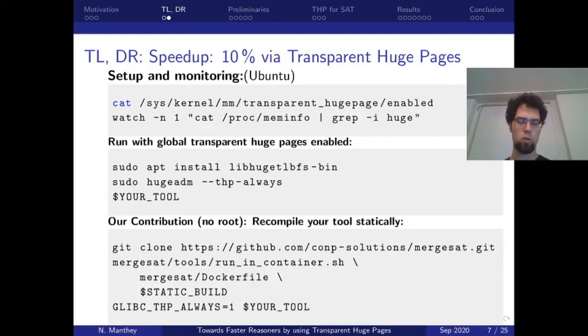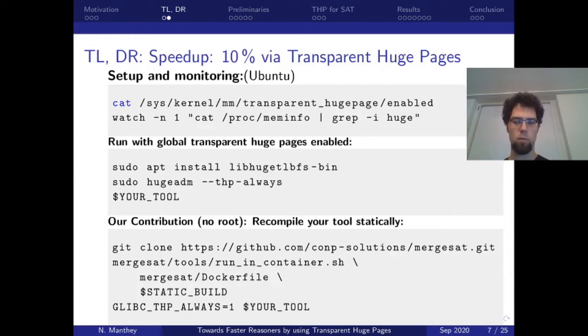Or, and this is the contribution of this work, you recompile your tool statically once. And there's a Docker file from the MiniSat repository which you can use to do that. So you use the command with your build command and then tell it to statically link against the modified glibc that comes from this Docker container, which for each allocation tells the kernel to use huge pages if possible. And then finally you can invoke your tool with the environment parameter glibc thb always equals to 1, and it will use transparent huge pages. We would love to hear about your experience with this and whether you get the same speedup for tools